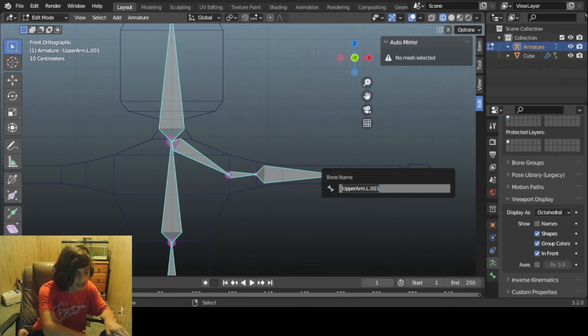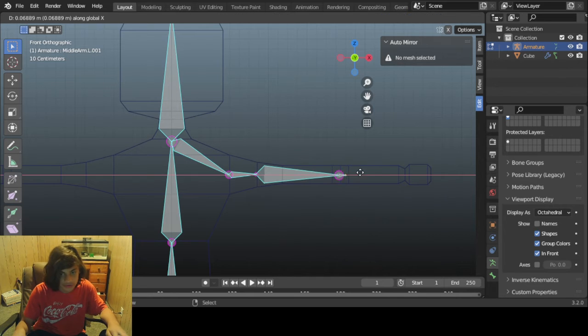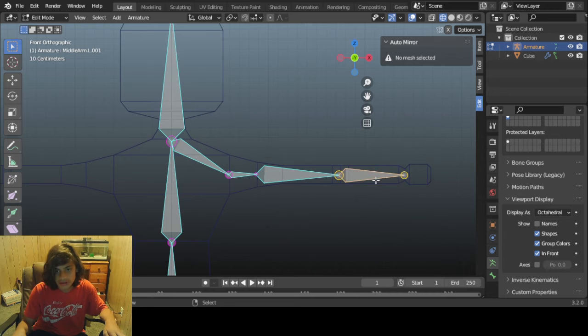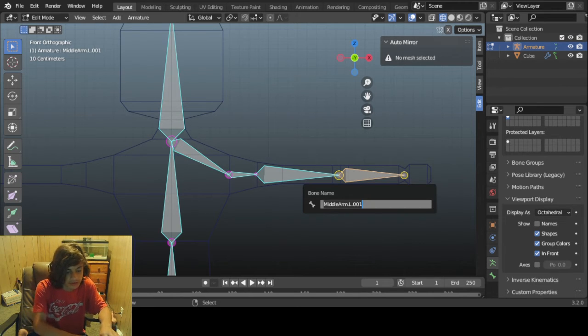Alright, so we're going to go to F2. We're going to name this one middle arm. Middle arm. Here we're going to go to E to extrude. We're going to name this one. F2. We're going to name this one upper, oh no, lower, actually. Lower